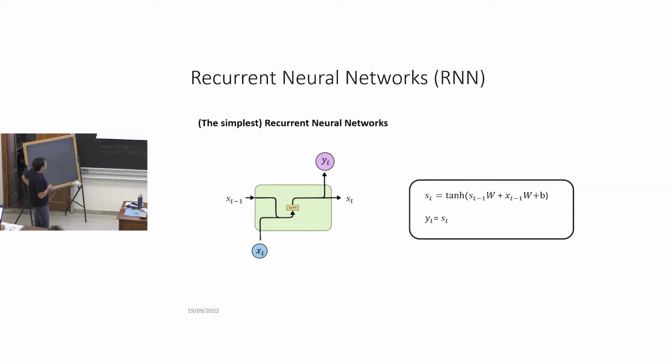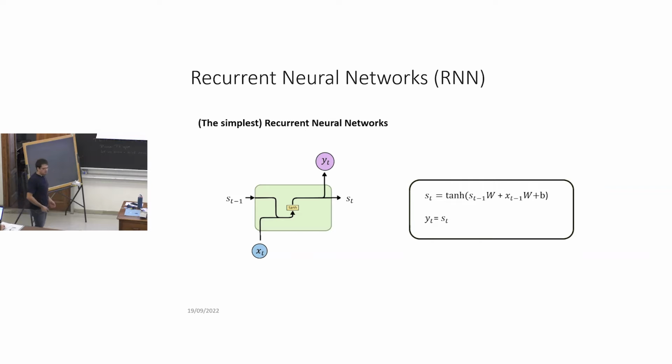So inside the box there is simply a linear transformation, the application of a matrix W that is applied both to the input vector and the internal state vector. Another way to see this is that we sum the internal vector with the input vector, and then we apply the linear transformation and a nonlinear function, which in this case is a hyperbolic tangent. This is the rule by which we update the internal state, and the output at each time is exactly the internal state. If we consider the simplest case, in which we have an input that does not depend on time, so only at the first time step we have an input,